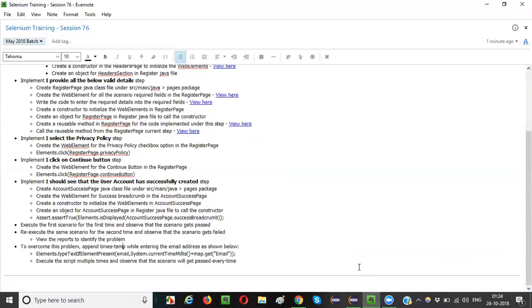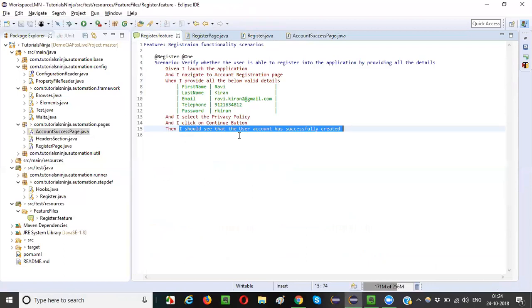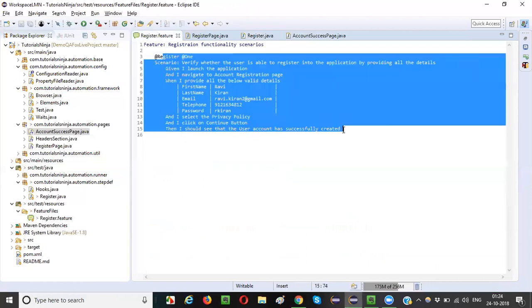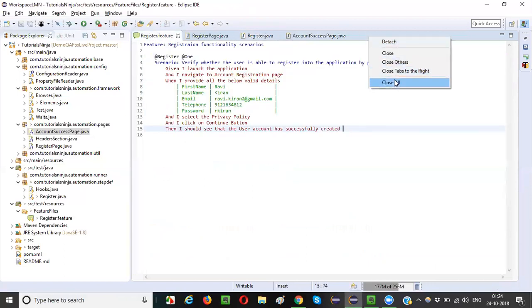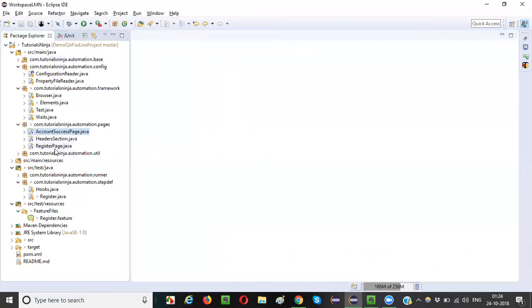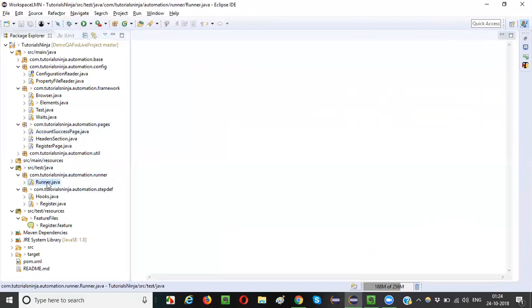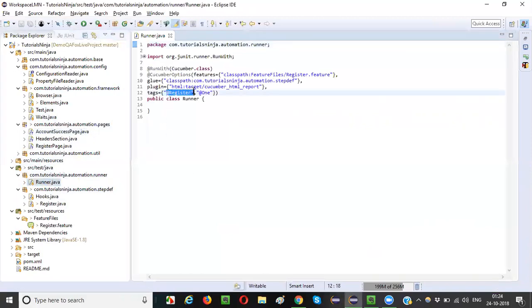Okay. Now, guys, we are done with the first scenario. Almost done with the first scenario completely. Now let's execute this scenario. Close up, save, and then open the runner class once. In that we have specified the at the rate register tag and at the rate one. That is nothing but